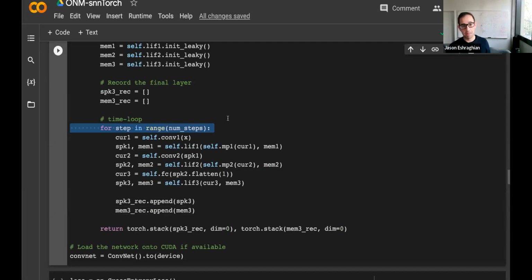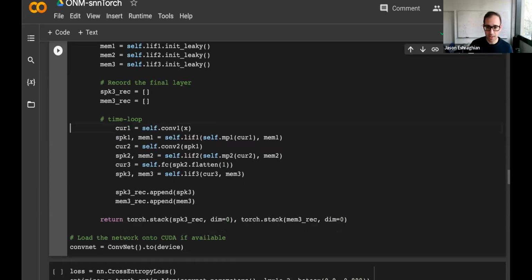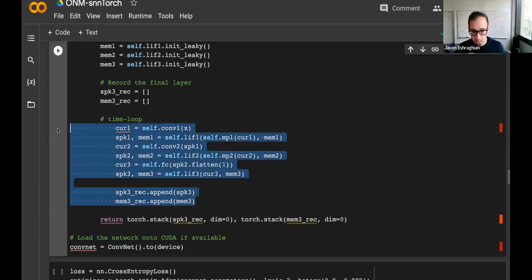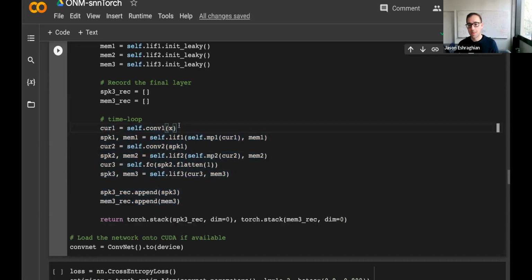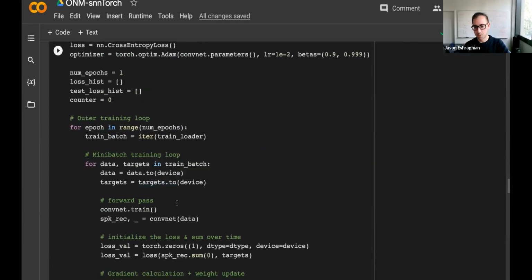Truncated backprop through time will run some of your time steps, then do a backward pass before it's completed, and then it will run some more of your time steps, and then do a backward pass up to the point where you did your last backward pass. So for that, you would actually delete your time loop, put these in line with one another, and then you would do your update step. You would do that loop outside of your network so that you could update in your training loop.